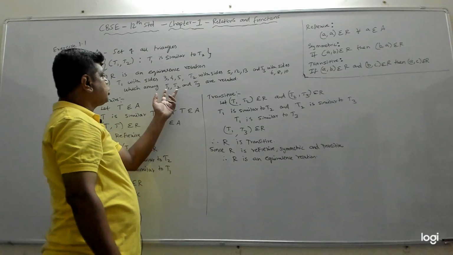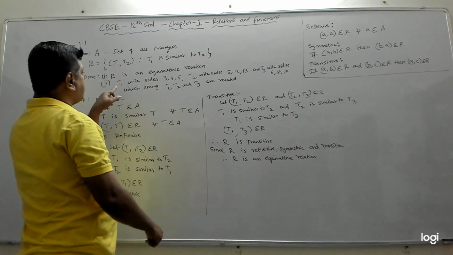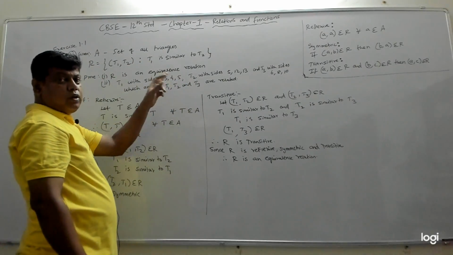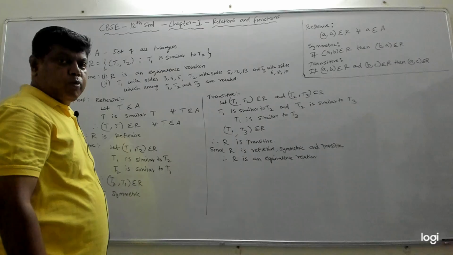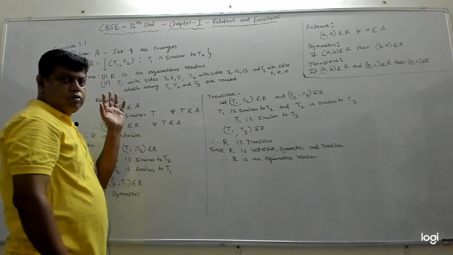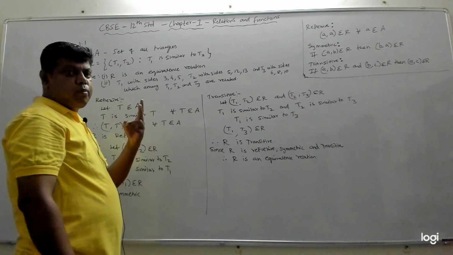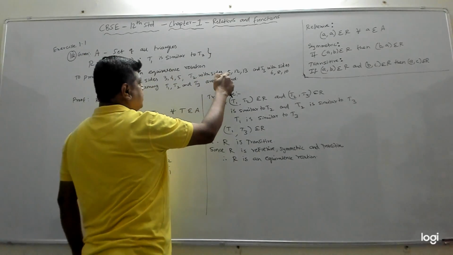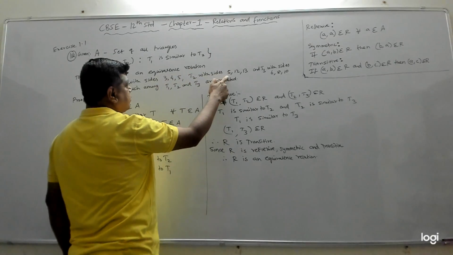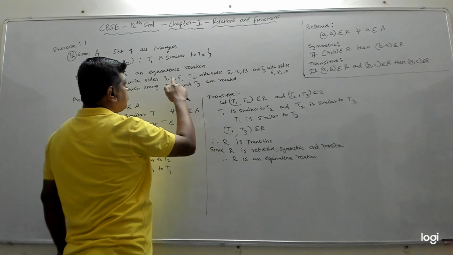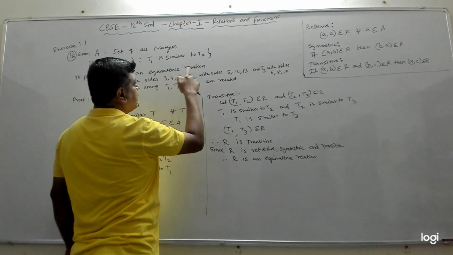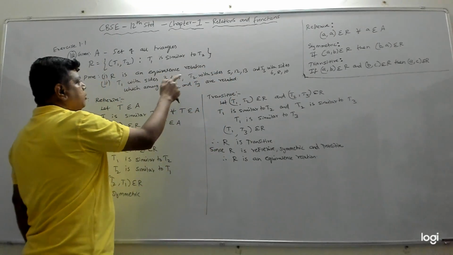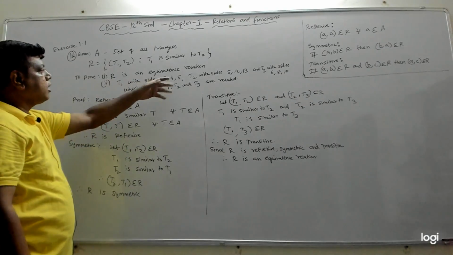Now, to prove which two are similar, first we need to check whether T1 is similar to T2. T1 will be similar to T2 if the corresponding sides are proportional or all the angles are equal. We have all the AA, AAA and all that. So here sides are given. So we will check whether they are proportional, which means 3 by 5 should be equal to 4 by 12. So 3 divided by 5 is not equal to 4 by 12. So these two are not similar. T1 is not similar to T2, therefore T1 is not related to T2.